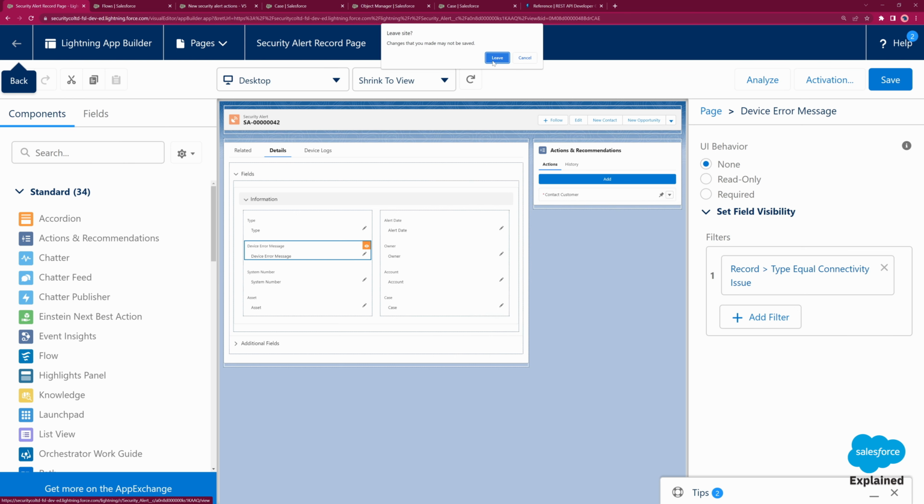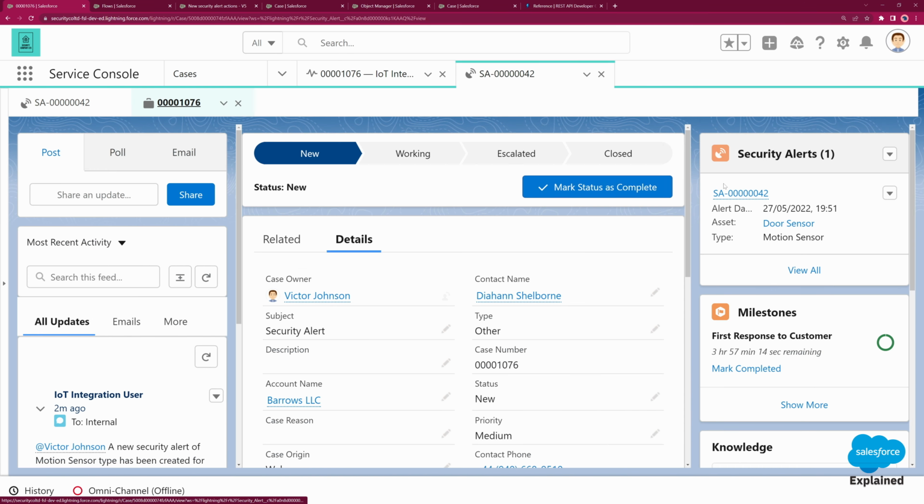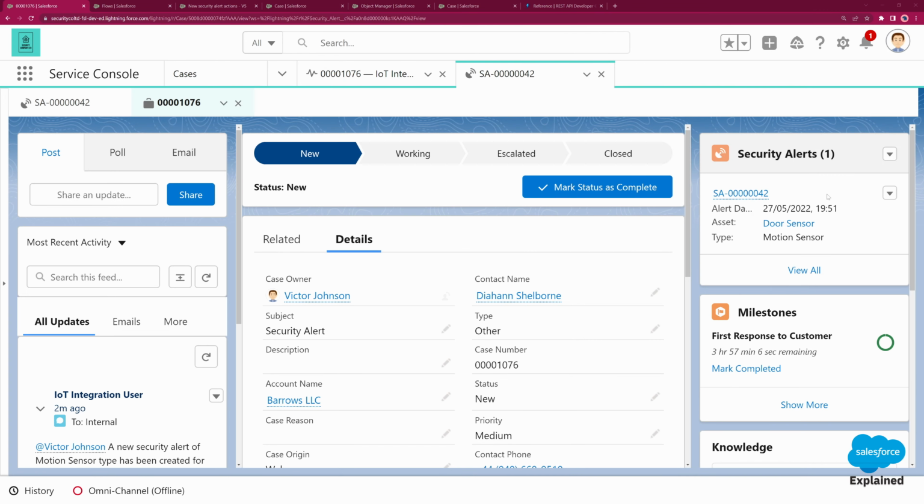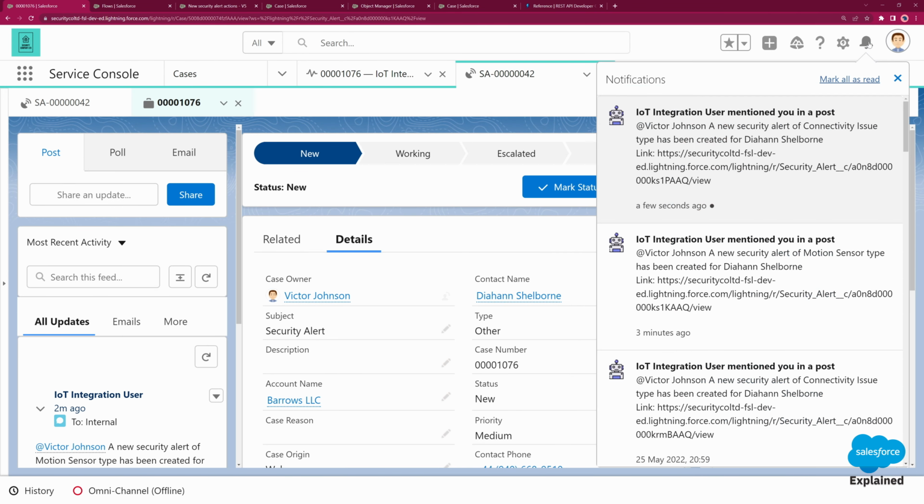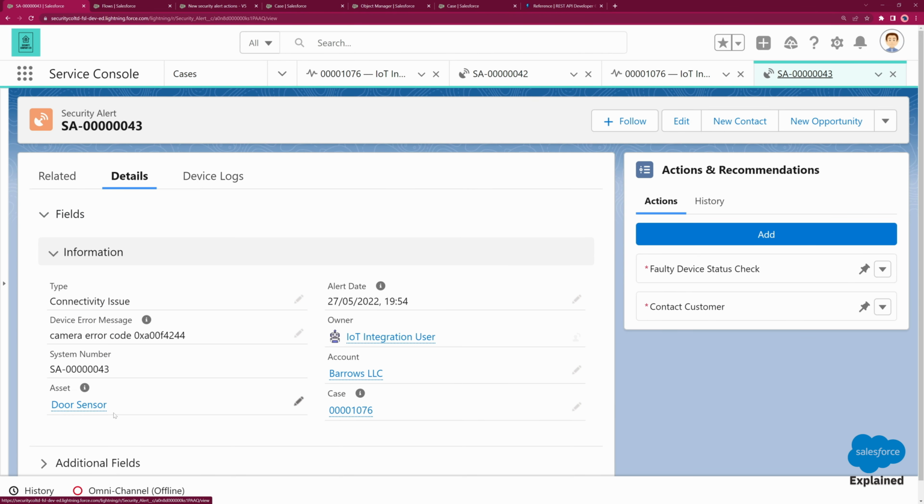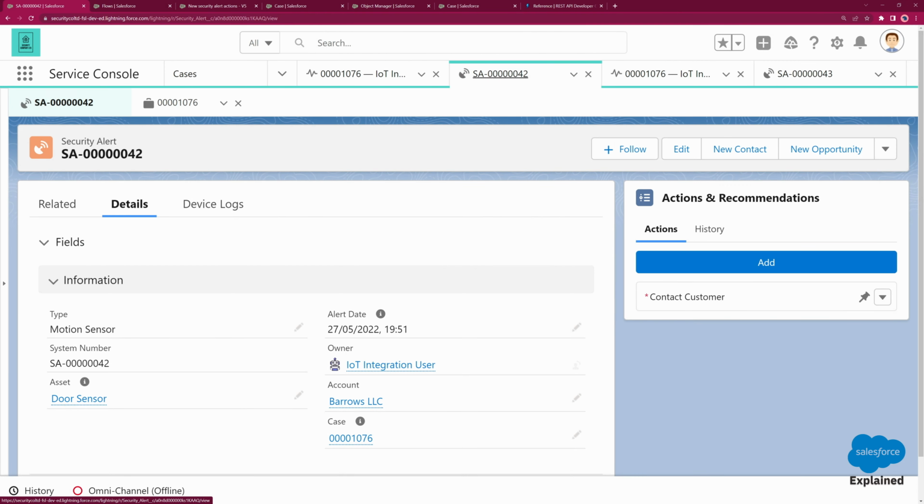I'm going to use the same APIs that we used earlier in order to create a new security alert record, and I'll be sending this new record with the type of connectivity issue so that we can see dynamic forms in action. Here's an example of a security alert with the connectivity issue type, which showcases the device error message